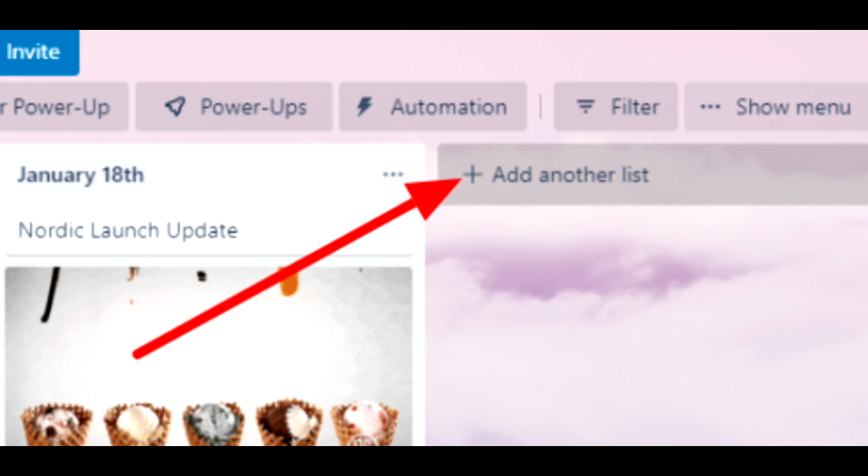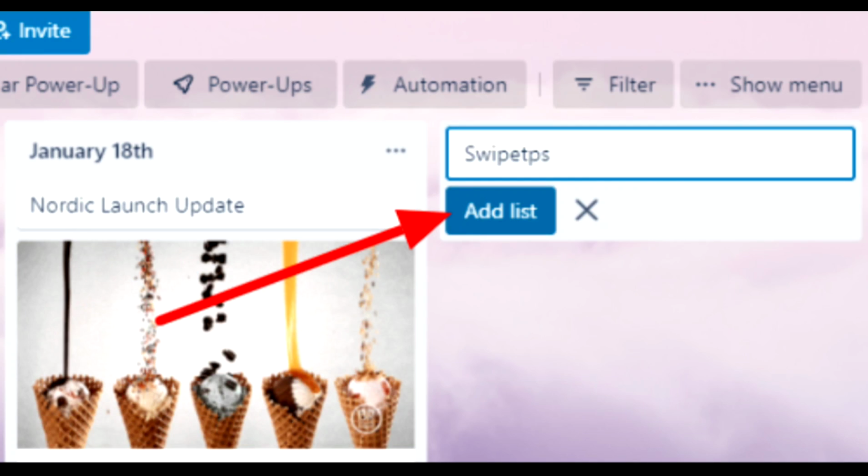So, on your desktop, visit the Trello web app on your preferred web browser and sign into your account. Go to the board that you want to manage. Head to the rightmost side of the board and name the list and click the Add List button to confirm